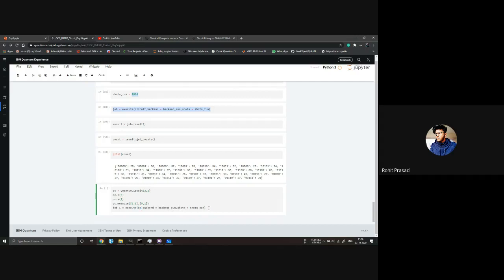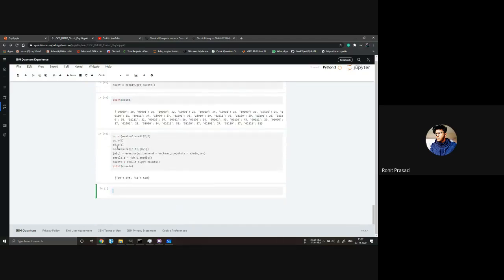Then result one is job one dot result, and counts is result one dot get counts. Then print counts.